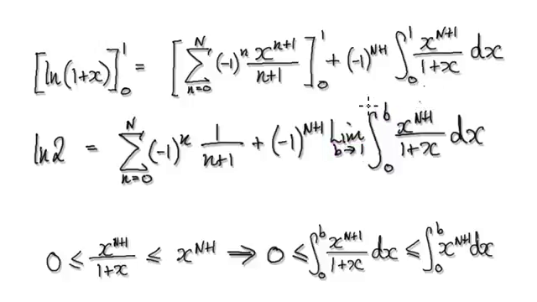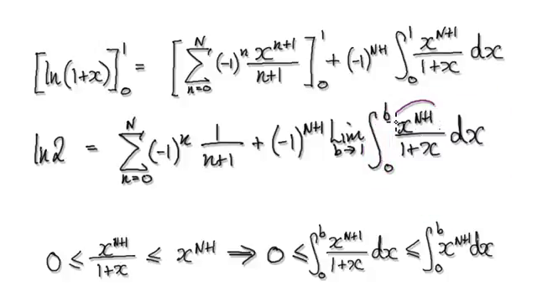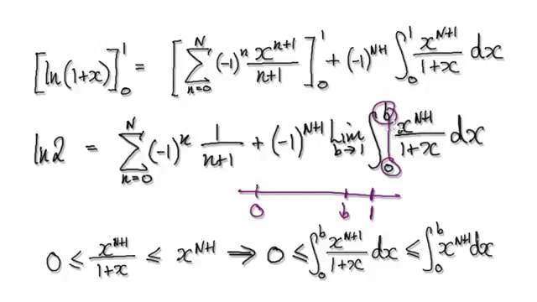So now we need to sort out this. We need to integrate this from 0 to b, and then later on take the limit as b heads towards 1. But let's just look at this bit here. Remember, we are doing it from 0 to b. So in your mind, visualize this: 0, 1 is here, and then b is somewhere here. We're going to move b towards 1 later on. But just bear in mind that we are doing it from here to here, meaning we are always in the